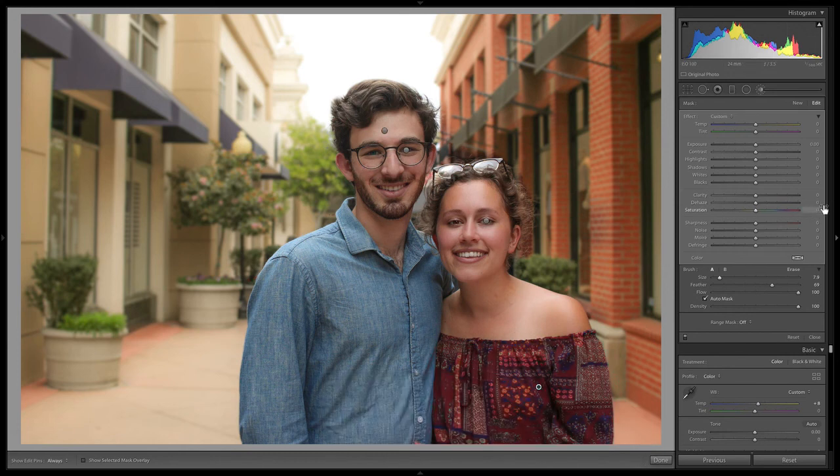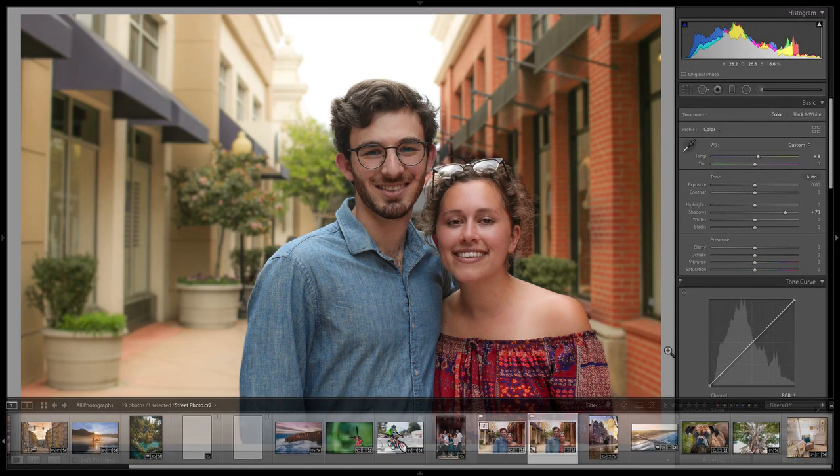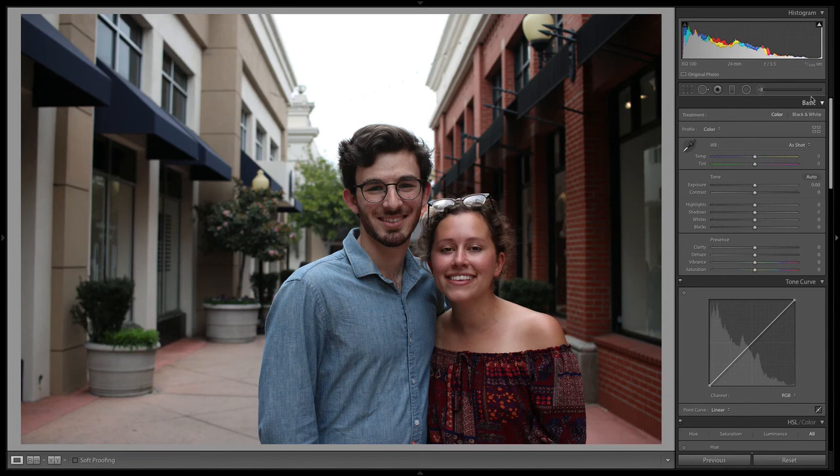All right, so for her shirt, we're just going to boost the overall exposure just a little bit. Bring back down the blacks, give it some contrast. Boost the saturation overall. And that's looking pretty good. Maybe bring up the shadows just a little bit just to make it look a little bit more natural. That's looking pretty good. All right, so this is looking pretty darn good. If we reset this, you can see the before and after.